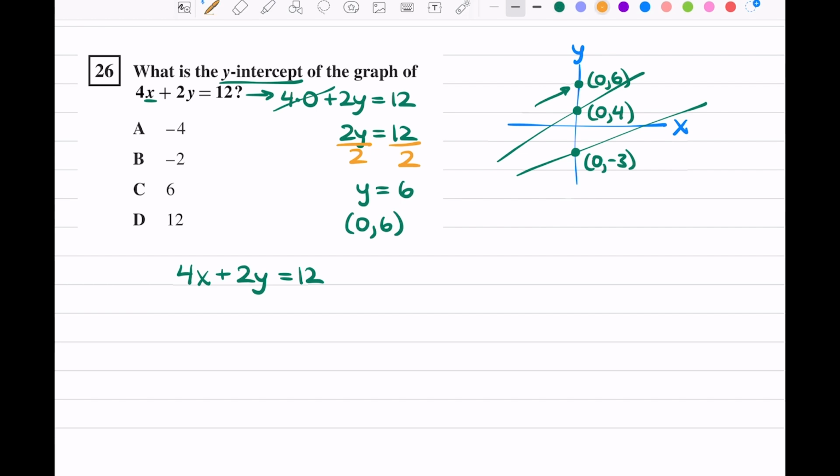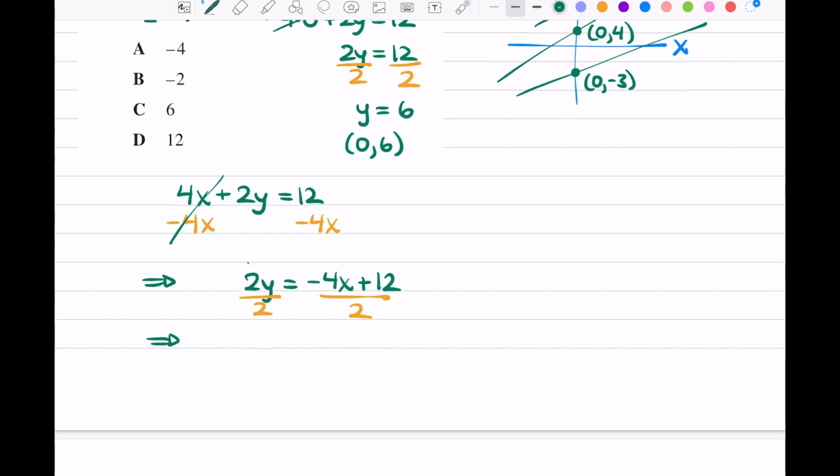We want to keep our y on the left side, so let's subtract 4x. On the left side, our 4x's cancel, so we're left with 2y, and on the right side, 12 minus 4x is the same as -4x plus 12, and then we want to divide both sides by 2. On the left side, our 2's cancel,